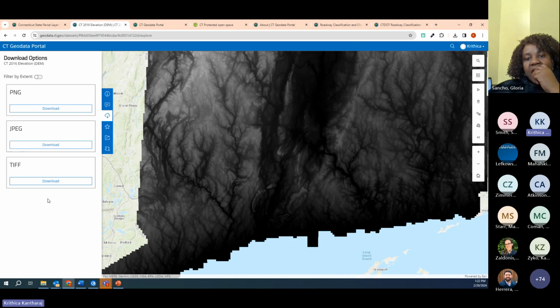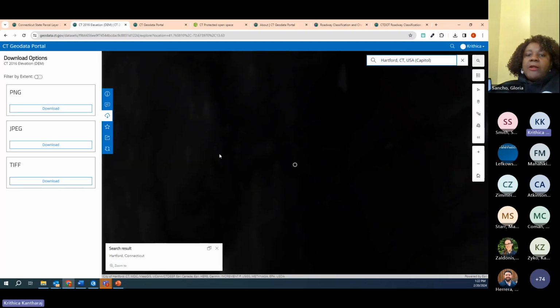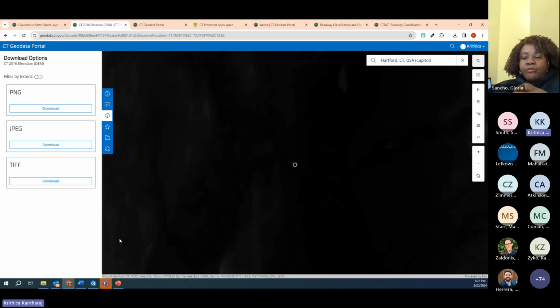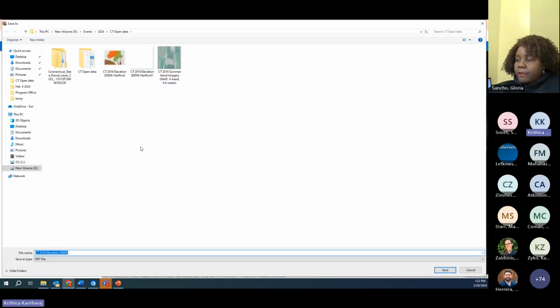Additionally, I have the option to download a specific subset of this data set by defining the extent on the map. So for example, if I just want to download the area for Hartford, I can search for Hartford here, and it's going to zoom me into that specific location. So again, I can go ahead and download it, but remember to toggle the filter so that it's only going to download the data for the filtered extent. So I can go ahead and hit download, and it's going to provide me the download option, and I can provide it a name,